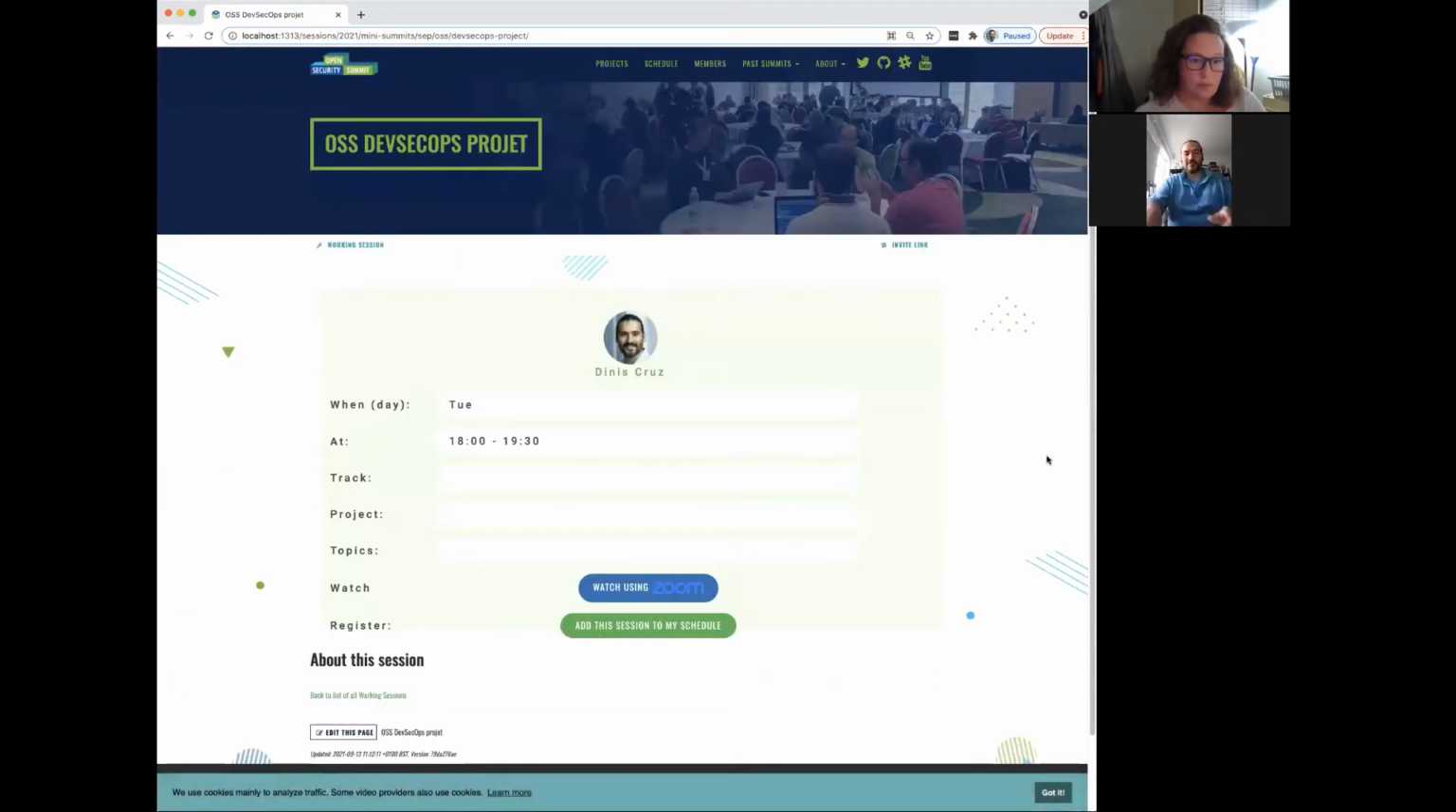Hi, welcome to this Open Security Summit. Today we're going to focus on one of our new projects, which is the DevSecOps project. The idea is just to present some of the stuff that we have done, explore ideas for the future, plan what we can do next, and